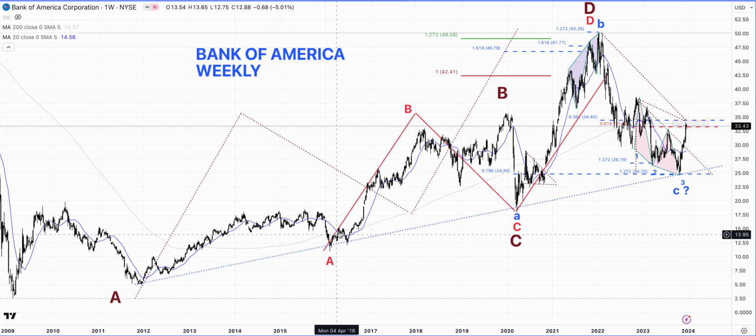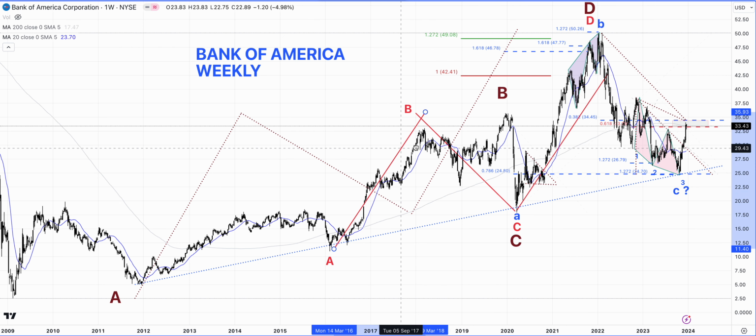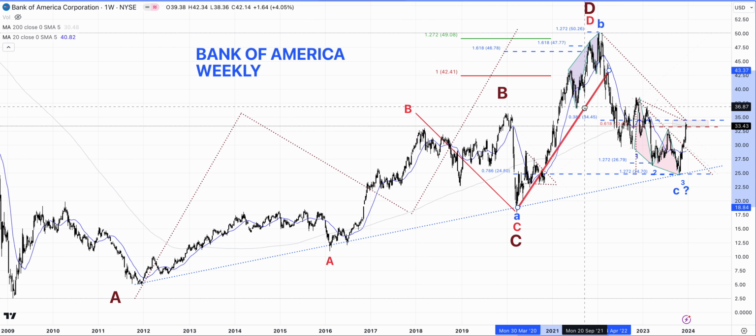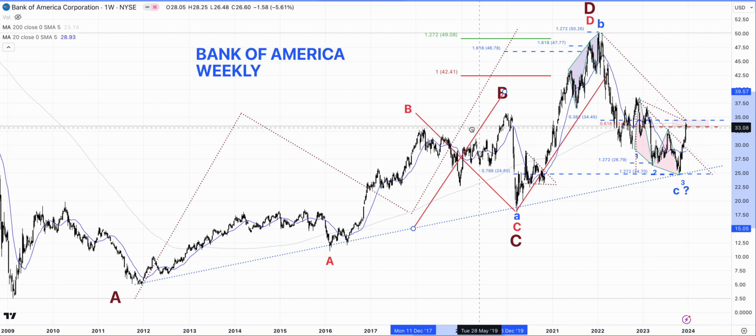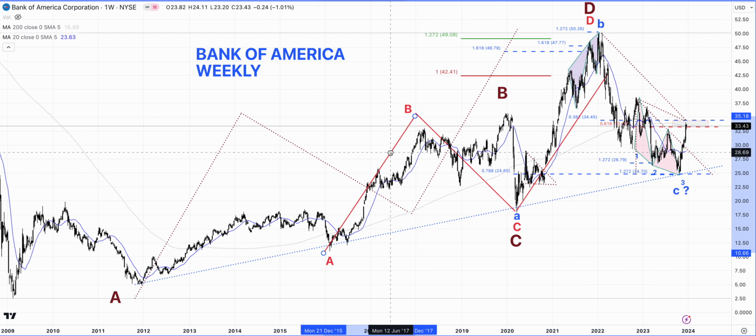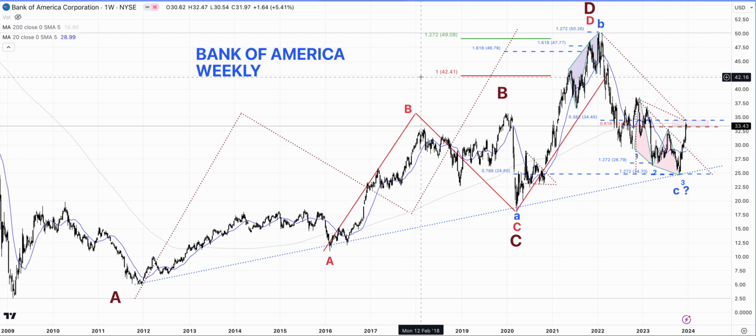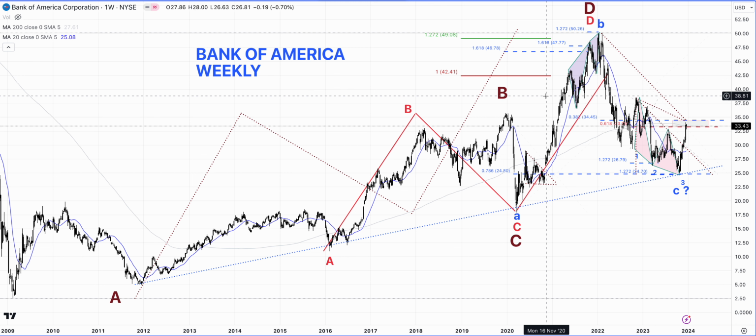And if we were just to take a swing from this point A to point B high, and we project it from this point, which is labeled as point C in red, we get to a point which is around here, which is the 42.41. And we can see that when the market actually reached that point, there was a correction. In fact, the market went low from the highs of around 43.35 to the lows of about 36.60.